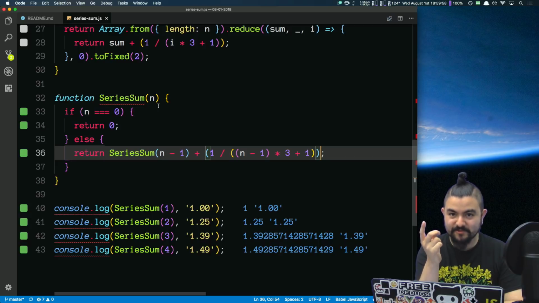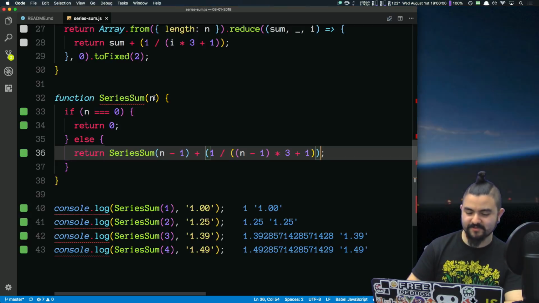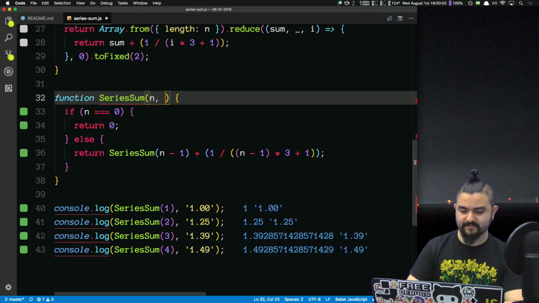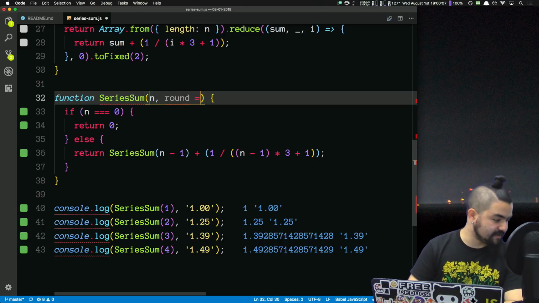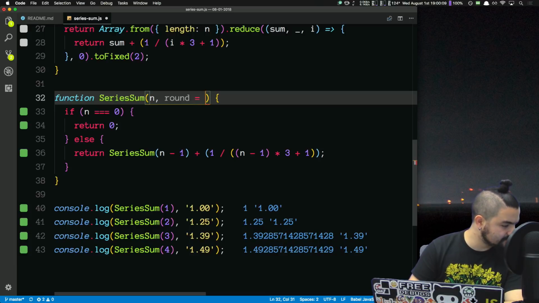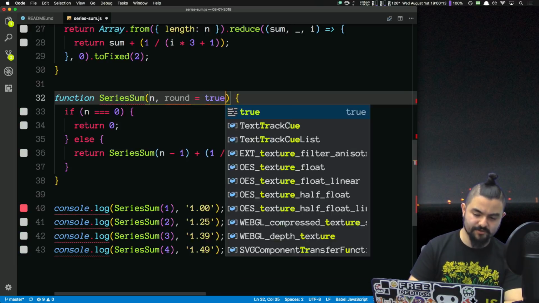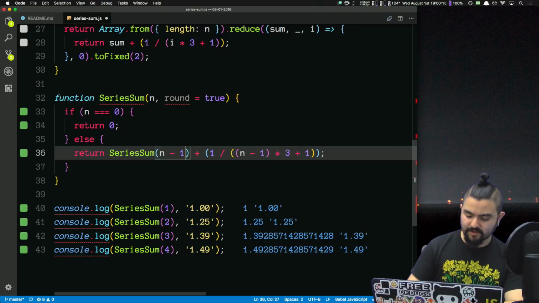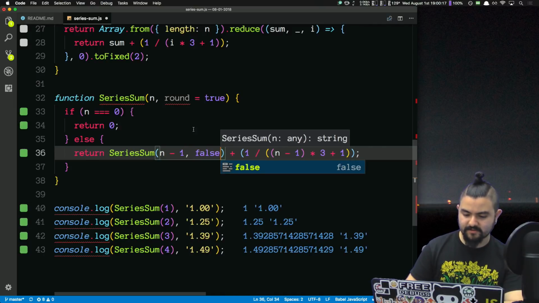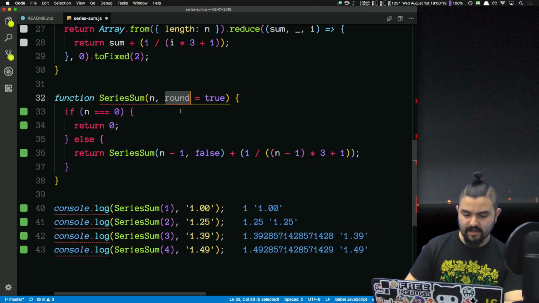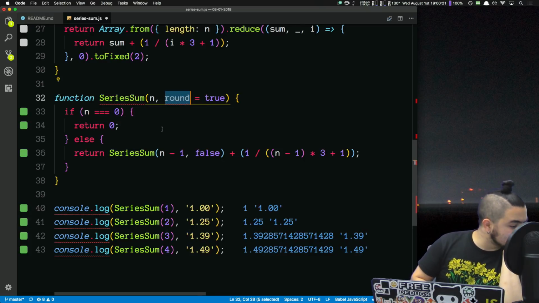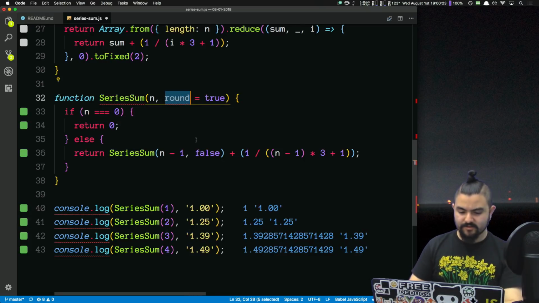So when n equals 1, we actually need to pass in true. Call this round. And initially it is, oh, defaults to true. And then when recursing, we pass in false. And we need to check to see